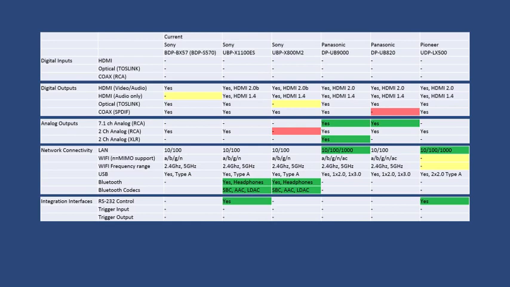Connectivity. The UB9000 and LX500 are the only players with a gigabit LAN port. Wireless capabilities are basically the same with A, B, G, N supported by all Tier 2 and 3 players for 2.4 and 5 GHz frequencies, except for Pioneer, which has no support for wireless. The UB9000 is the only player with a USB 3.0 port. All other USB ports support USB 2.0. Sony is the only one to support Bluetooth, which could be a nice feature as it allows you to connect